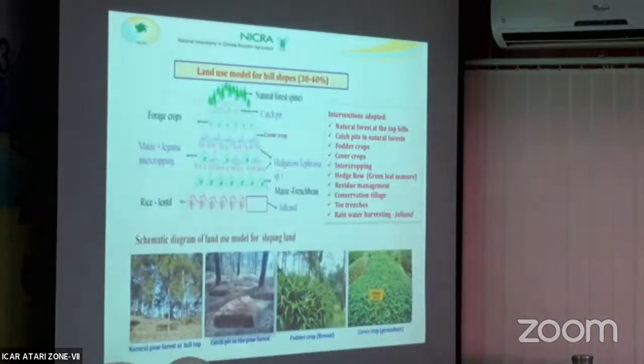Actually, what happened? We have seen this rainfall intensity. We have studied it at our center, where we have different sets of farming system models. We have seen how rainfall is changing runoff as well as rainfall intensity. Last year we collected rainfall data from May to September. We have seen that in September, the maximum intensity of rain was 75 mm per hour. That means 7.5 centimeters, 3 inches of rainfall in 1 hour. So the intensity was very high.